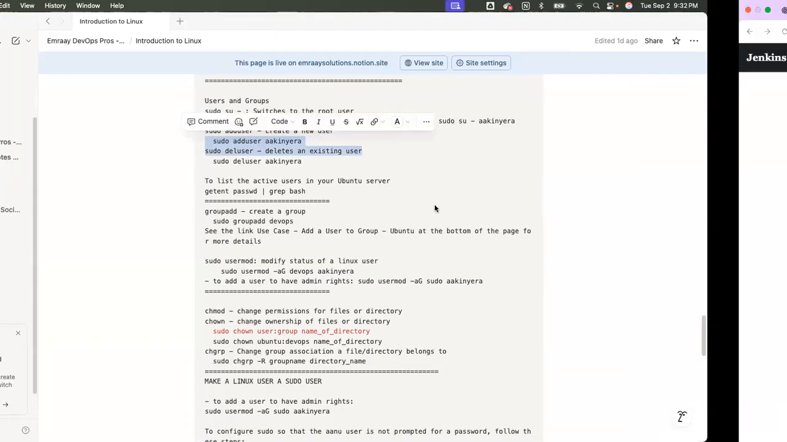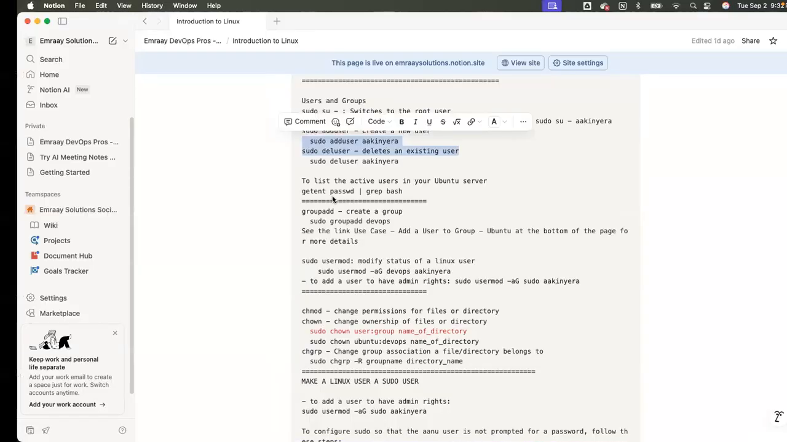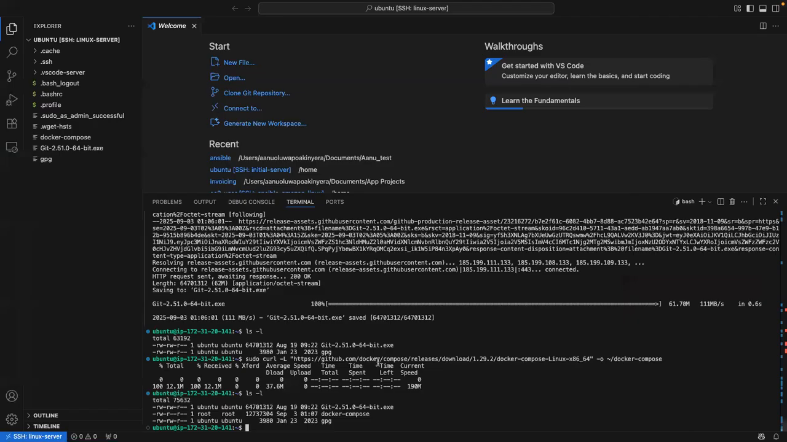So let me create a user. Let's say I want to create a user. sudo adduser Igboran. Let me use a...